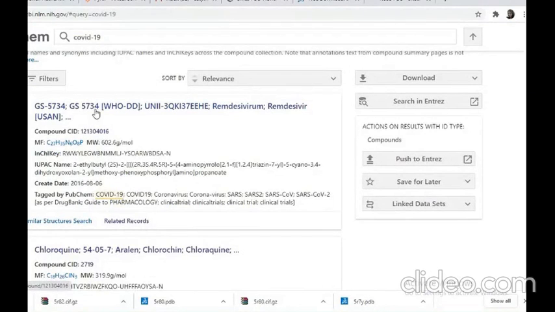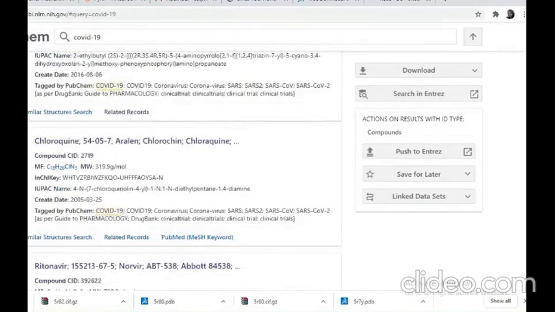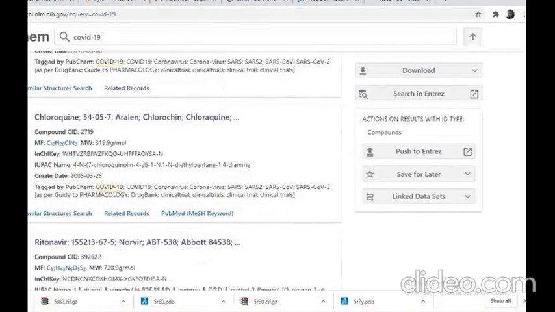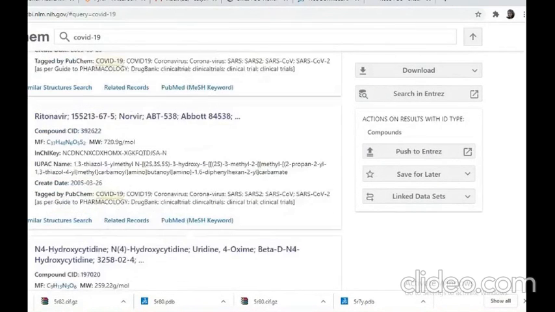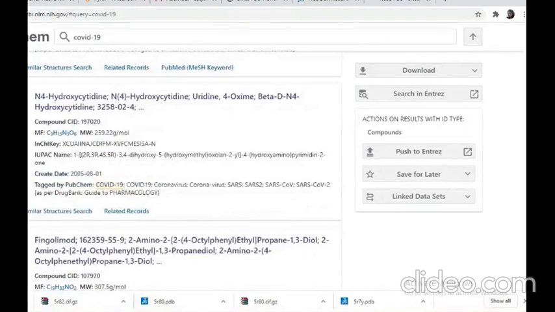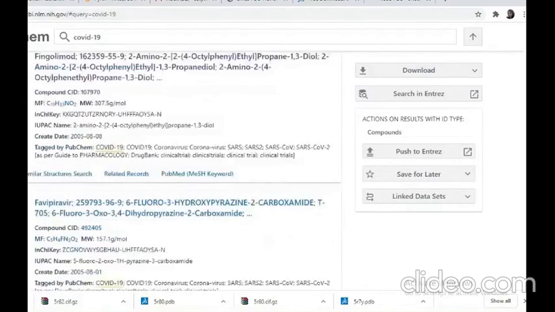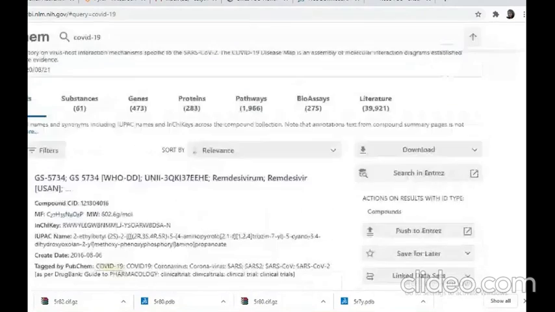So when you see here, all are there: remdesivir, chlorhexidine, chloroquine, ritonavir, and hydroxycytidine. So these are all there, and I downloaded all the conformers.